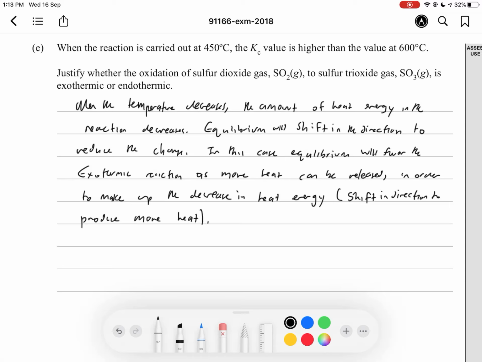Right, and now that's our first part. Okay, so we're saying that the equilibrium is favoring the exothermic reaction to release more heat, and now the second part we're saying that the Kc value is increased, therefore more products will be made, and therefore that will cause the Kc to increase. So you can say the Kc value